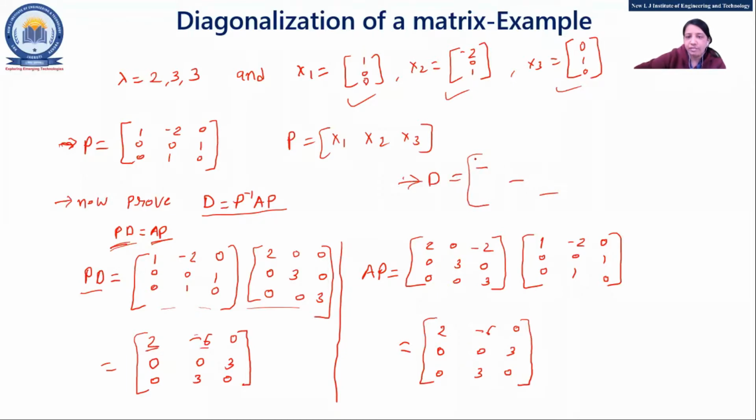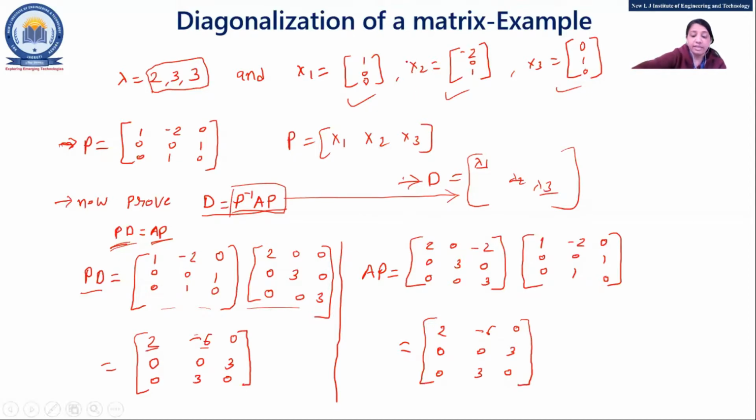Here lambda 1, lambda 2, lambda 3, right? So that is 2, 3, 3, because our eigenvalues are 2, 3, 3. You can see here. Clear? Otherwise, P inverse AP, multiply this 3. And if you get this matrix, then you can also select. So it may be asked in either way. You can calculate in any way. D is a diagonal matrix whose diagonal elements are nothing but the eigenvalues. Fine?